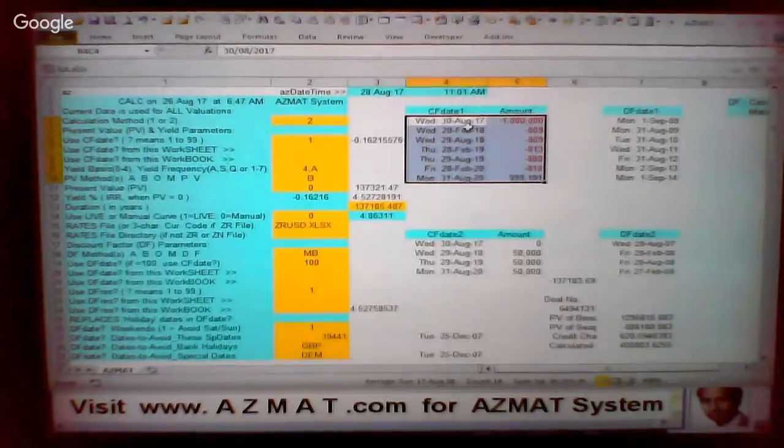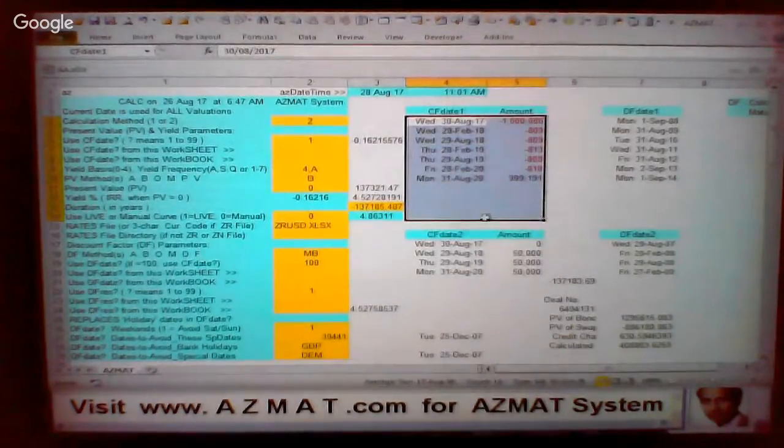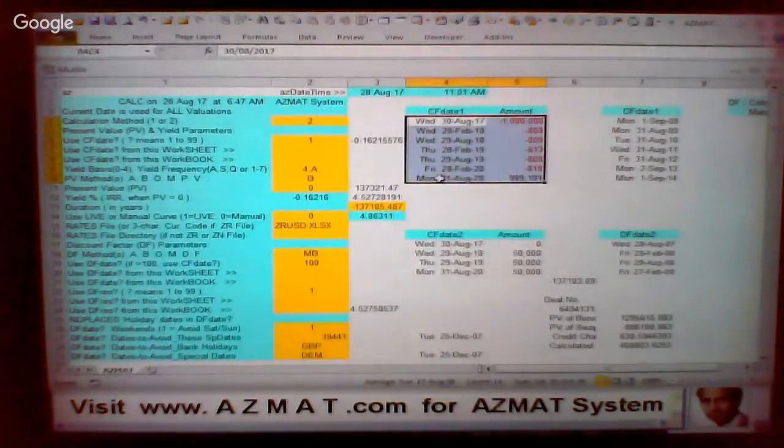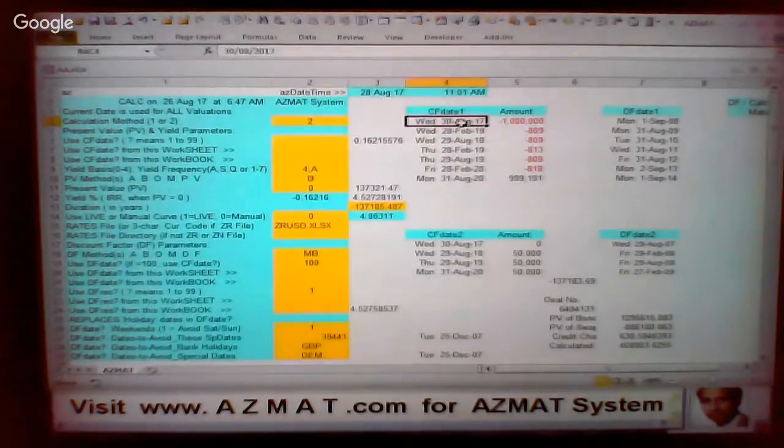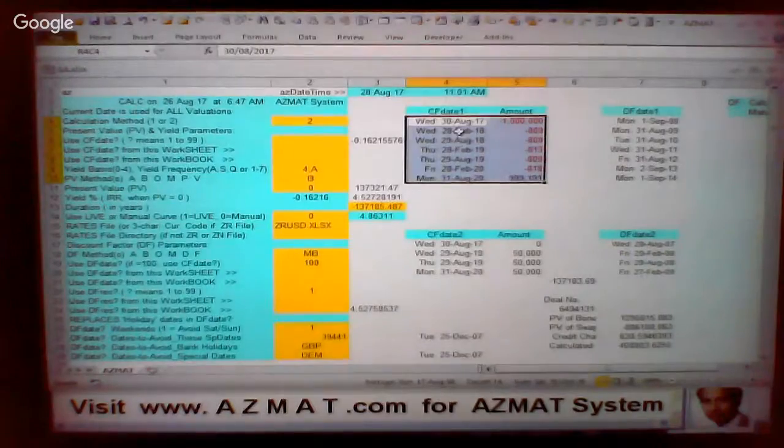So even though you could have defined the value up to there, effectively that's where your cash flows are, and that's what it will use. So you can either define previously here, as I have got here, CF date 1, CF date 2, and so on, or I can simply point out. If I don't put anything here, if this is blank, then AZMAT System says, right, I haven't specified which cash flow to use. Then it'll ask me with a dialog box to point to it. Either I can point to it, or I can actually enter the